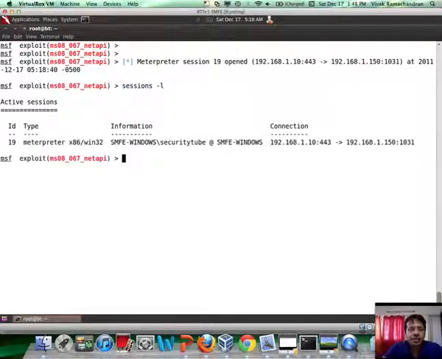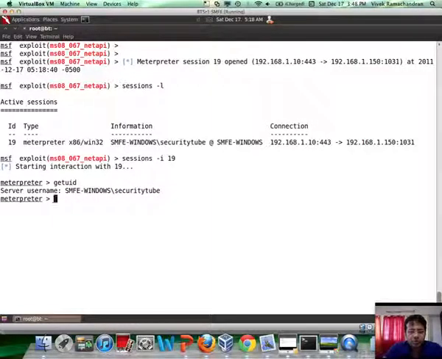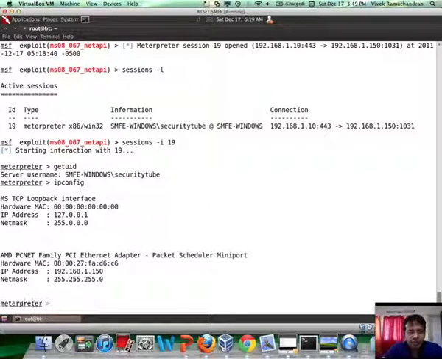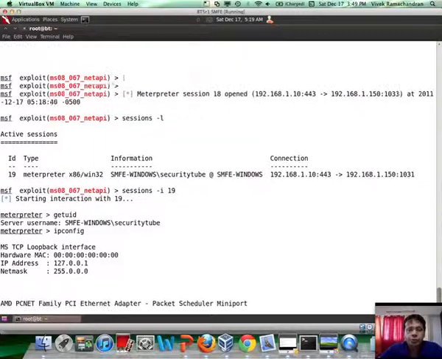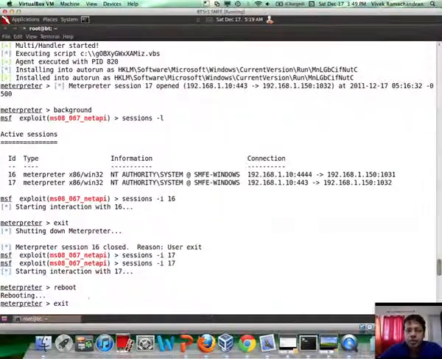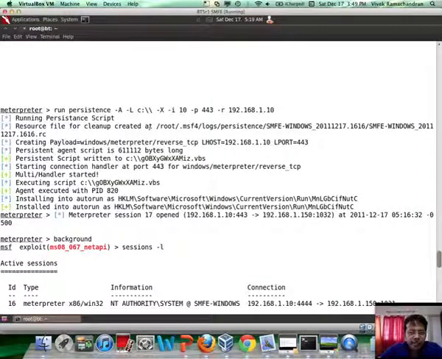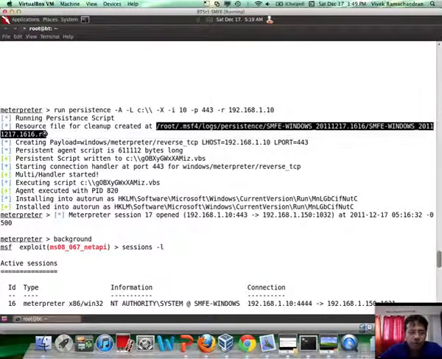So now we have a Meterpreter session to which we can comfortably connect. Right, this is our victim machine. Fantastic. Now if you want to remove this backdoor, we will need to locate the resource file which contains the